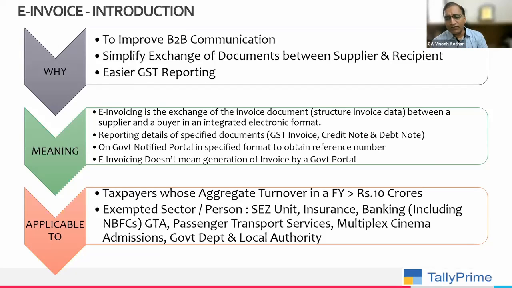The main reason for e-invoicing today, what is the biggest challenge which we are facing? As a GST registered person, today GSTR 2B is giving us trouble. What is 2B? You can claim input tax credit only when your supplier files his return on time. So this is creating a challenge.